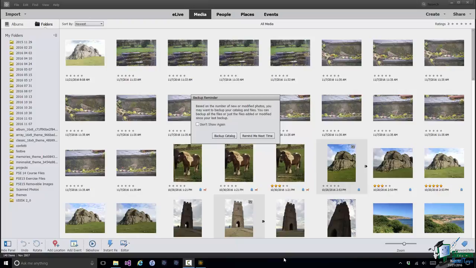regime. The first thing to mention here is I haven't shown you this particular backup reminder before, but you've probably seen it already on your own system. In fact, it may have been driving you mad ever since you first installed PSE 15. You may have been clicking on Remind Me Next Time, or you may have checked Don't Show Me Again, in which case you won't have seen it again since, although of course you do know how to set those warning